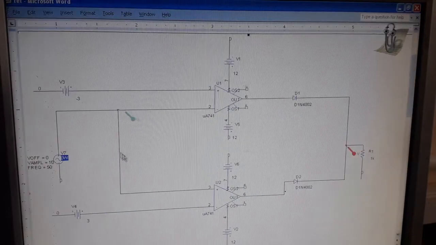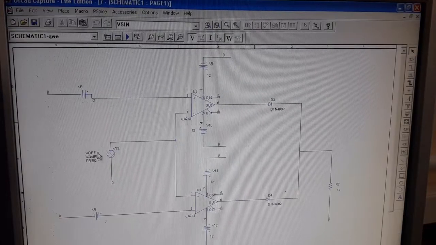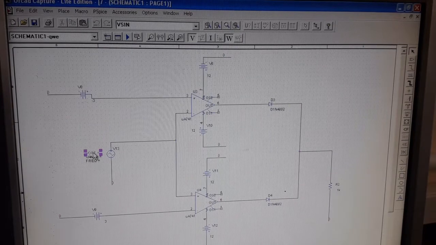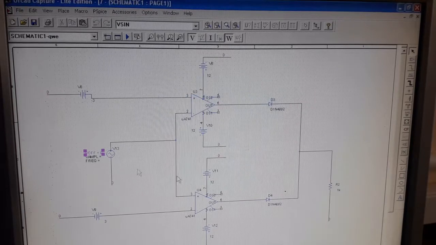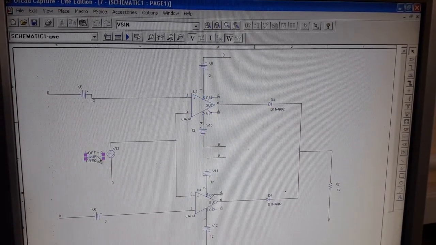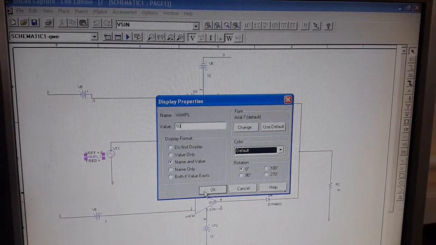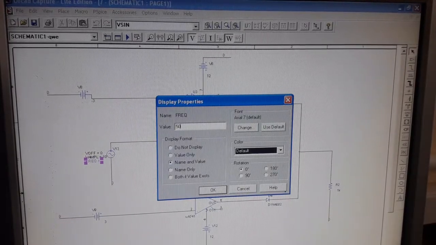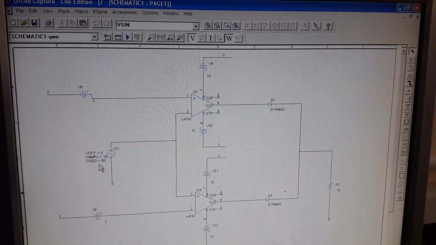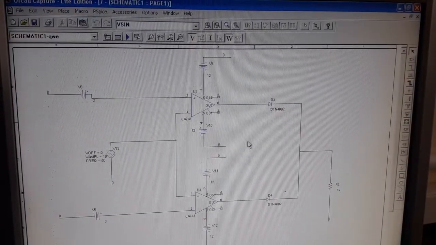Now we have to give the V offset voltage, V amplitude voltage, and frequency. You can see the offset voltage is 0, amplitude is 10 volt, and frequency is 50 hertz. So place the cursor on this V off and double click, select it and change it to 0. And amplitude is the input voltage, the amplitude of the input voltage is 10 volt. Then double click on the frequency, it is 50 hertz, just type 50. Now what is the value of the resistor? It is 1k, okay, done. Everything is done now.